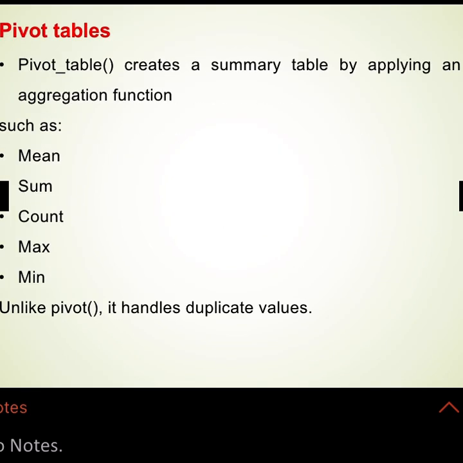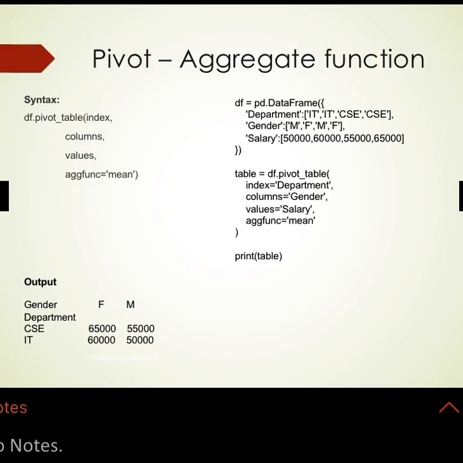The next method is pivot table. This is a very important concept. Pivot table creates a summary table by applying an aggregation function. In this pivot table, many aggregation functions can be used, like mean, sum, count, max and min. Unlike pivot, it handles duplicate values, but in the pivot method duplicate values are not handled, whereas in the pivot table method duplicate values are handled. First we will see the